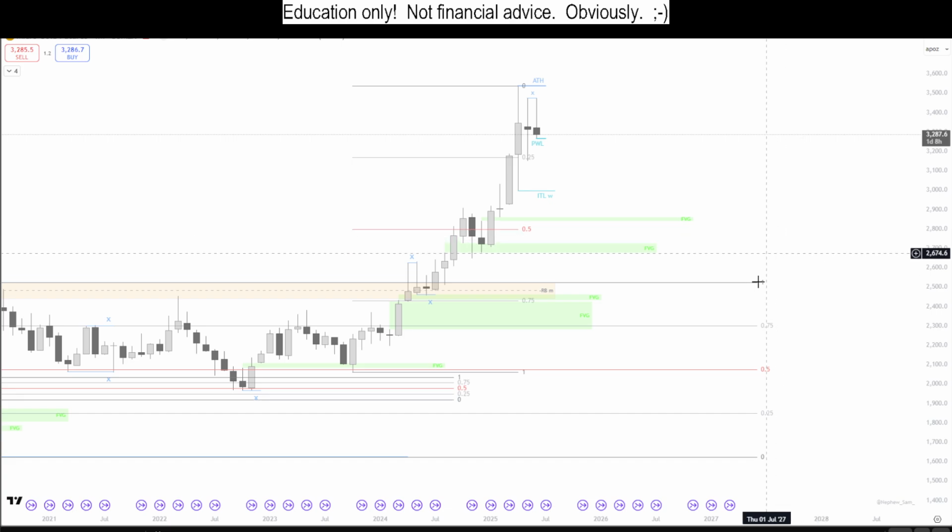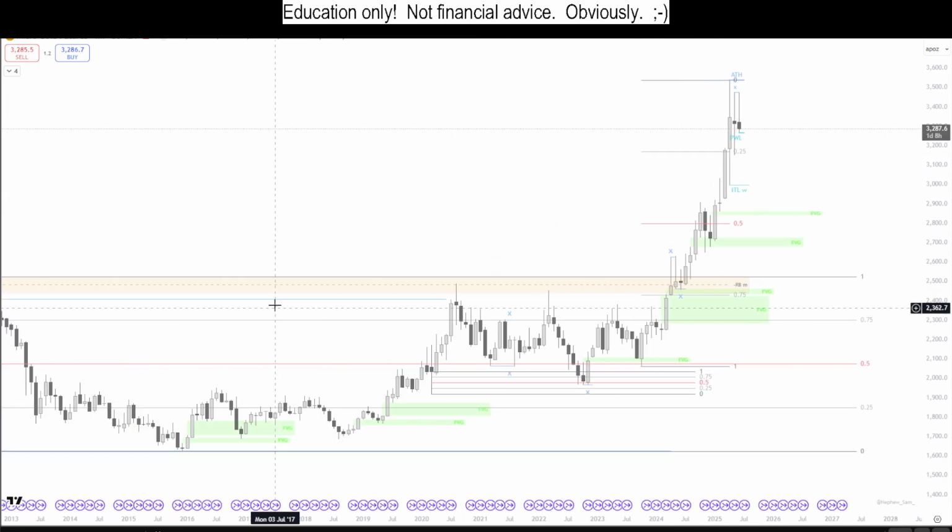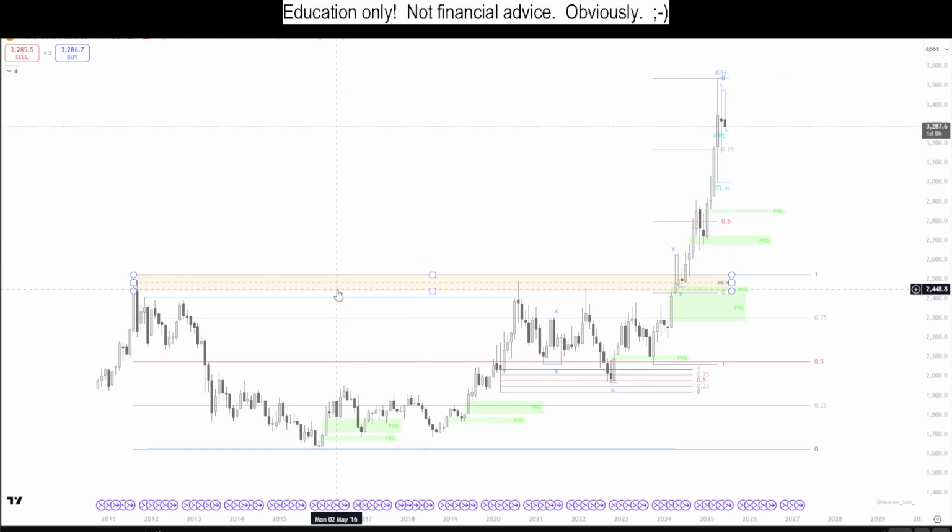But what we definitely can see is that we are in premium, right? If discount is from here and premium is above 50% and extreme premium is in the top quadrant, we are in extreme premium on this range. Some kind of retracement would not be a surprise. So are we likely to see some kind of retracement? And if we